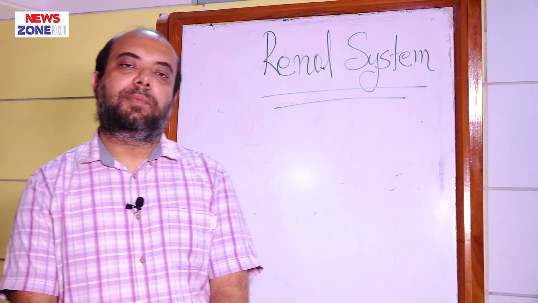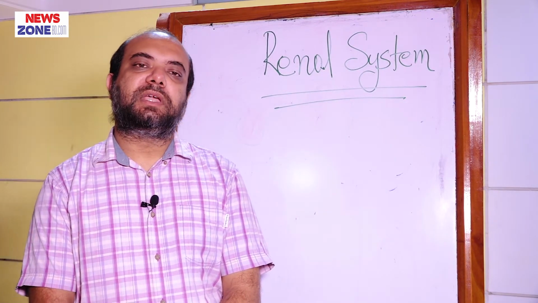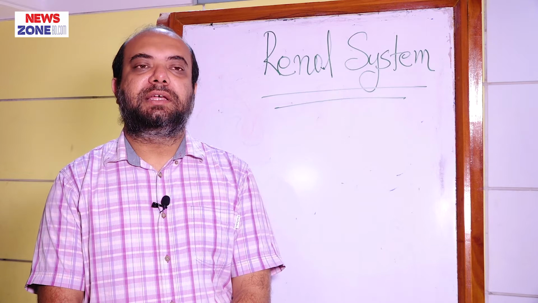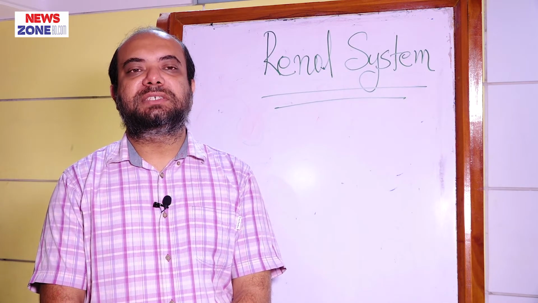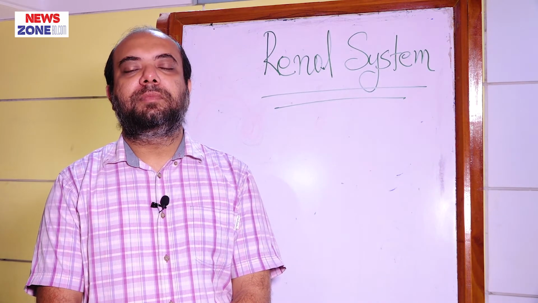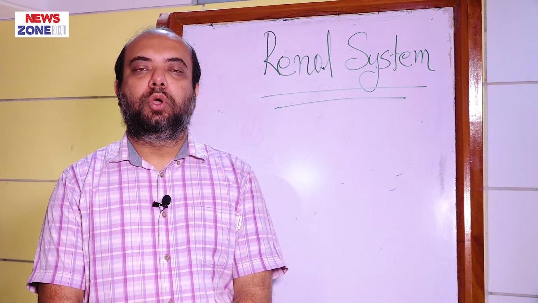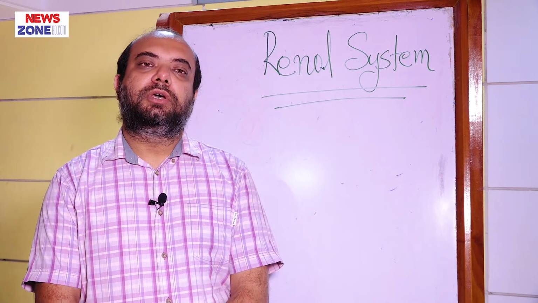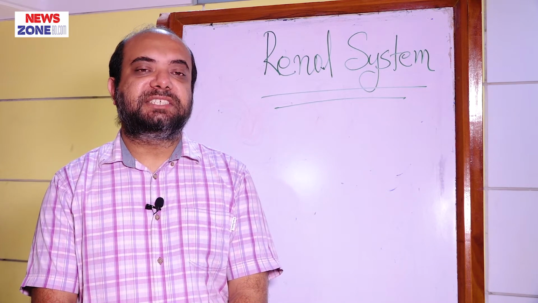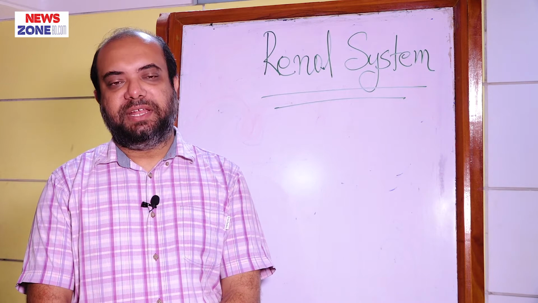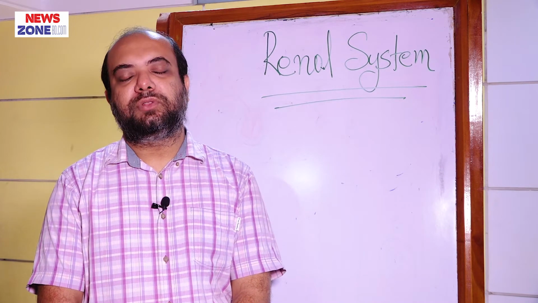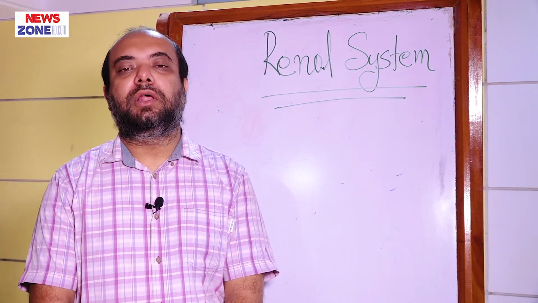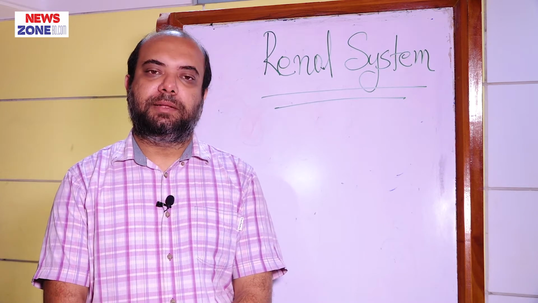Now we will know about renin. What is renin? Renin is an enzyme which is secreted from the juxtaglomerular cells, but it is formed and stored in the juxtaglomerular cell in an inactive form. That form's name is prorenin. When the body's blood pressure falls, these JG cells are stimulated, and the cells will secrete renin, and this renin will enter the bloodstream and travel through various parts of our body and will bring the blood pressure back to normal.